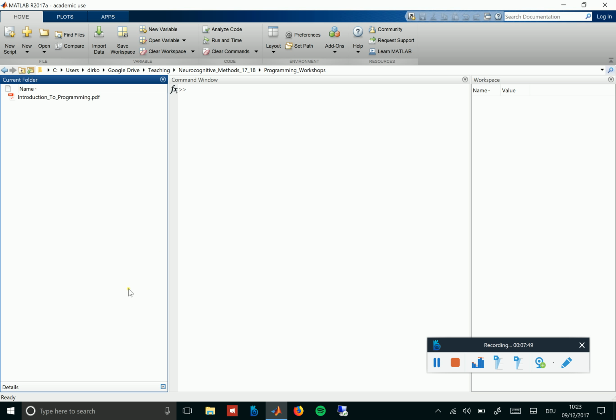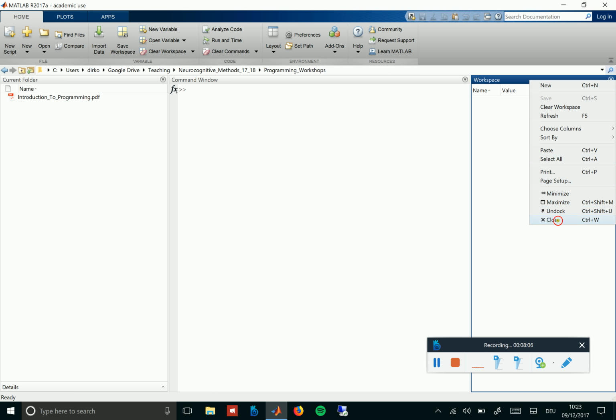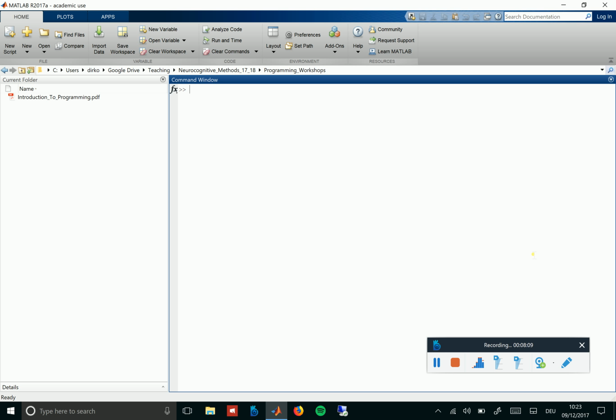Here, for example, you can look at details, but we actually don't need that. Here you can see what's currently in the workspace and then investigate that more. Can be helpful, but essentially we also don't need that. What we need is this command window, and how to engage with that we will see in a second. So that's the command window. It helps to know where you currently are on your computer. So this is kind of the